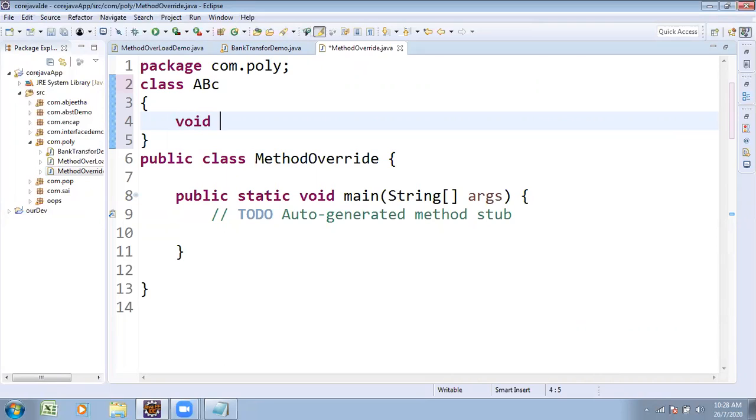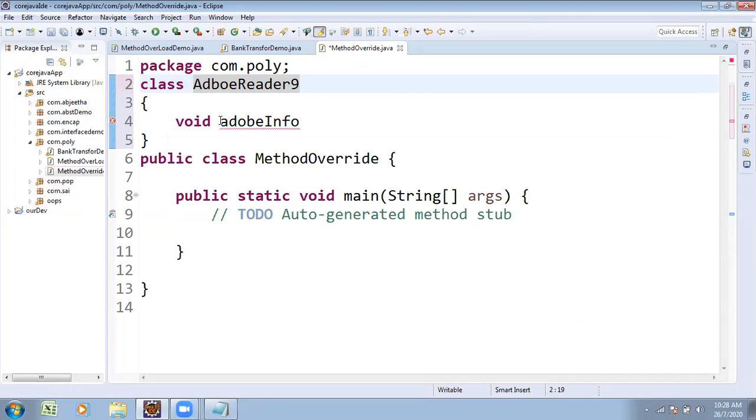Void, one method name, adobeInfo. Here, for example purposes, I am taking Adobe Reader, some 9 version. Class name is AdobeReader9.